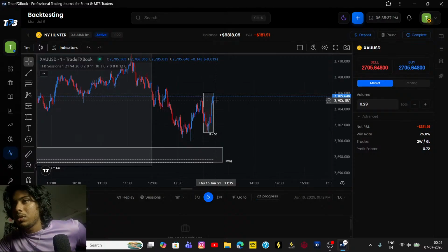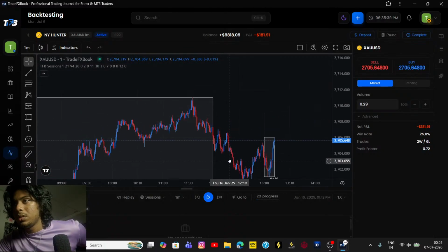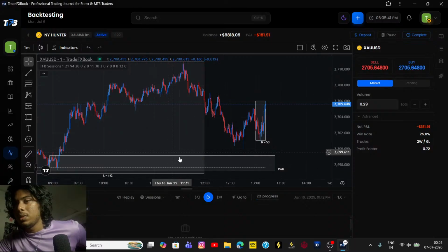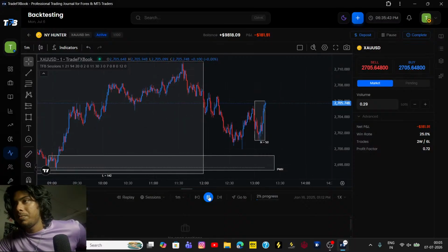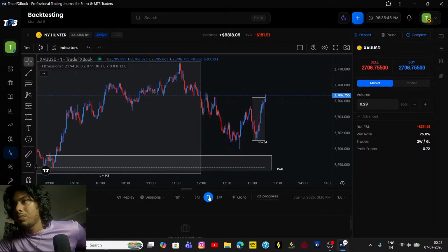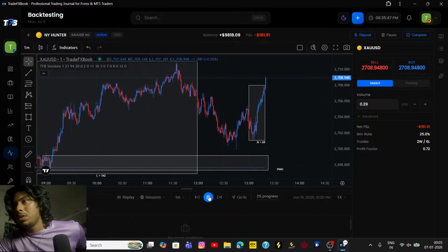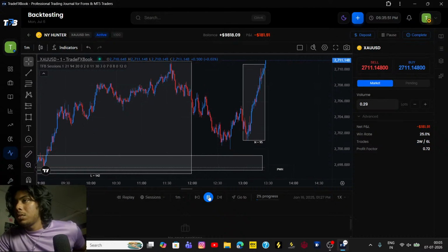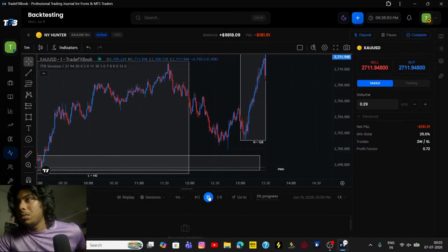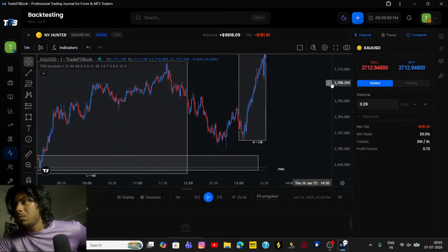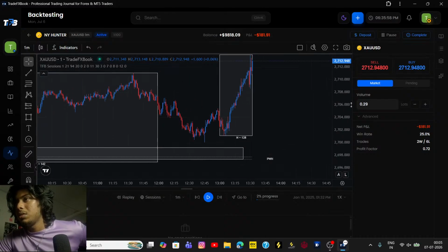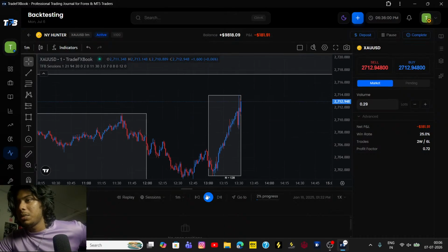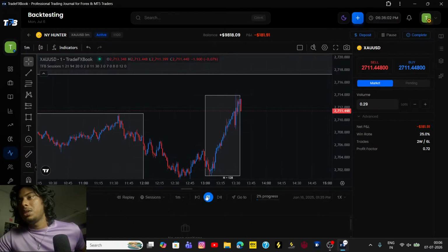We officially got the breakout structure. Are we in? No, it's not our zone, so we can't. We would have made profit, but it's not our zone. But since we marked this big zone upside, let's see if it taps and rejects. If it taps and rejects, then